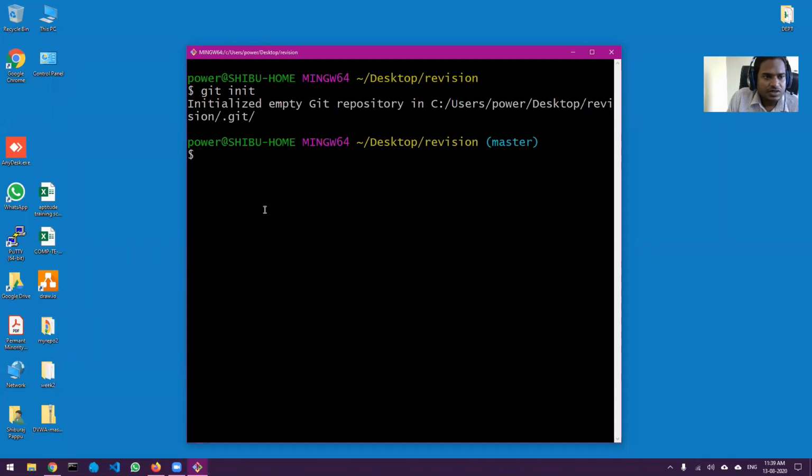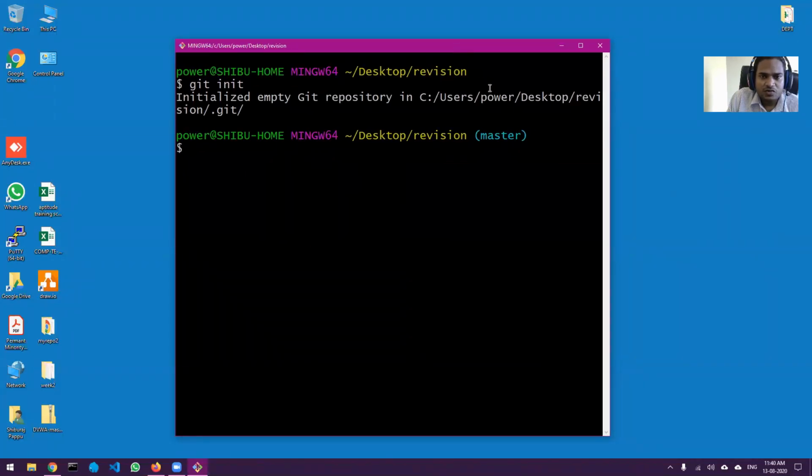Very good, Anwar. Okay, before that, Shaista is asking, sir, in my case, I get that master line every time I open Git bash. Yes, whenever it's a new folder, you will not get master. But once you have created your repository, you will always get master. Okay, or the name of the branch, whatever is currently there,